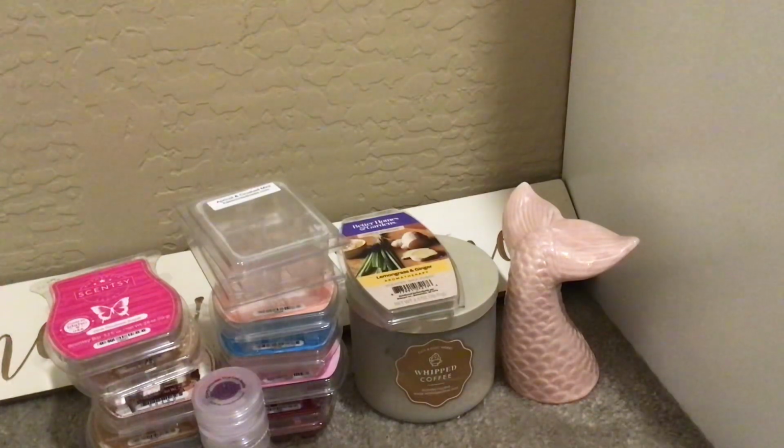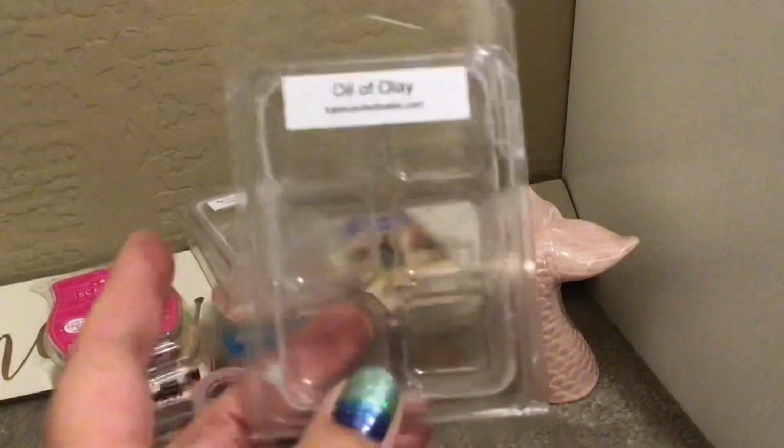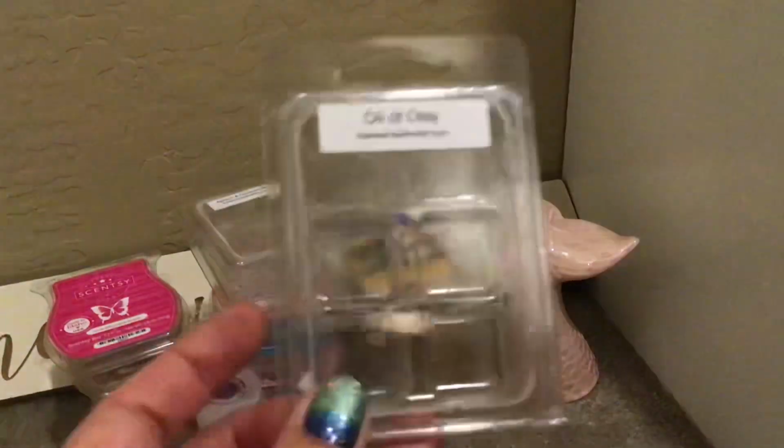Oil of Olay from Kay. Now, this is the old school Oil of Olay. The Oil of Olay that you can buy now, like is it Regenerist or whatever, all the different ones that they have now have a completely different scent. This is, like, my mom used to use this Oil of Olay. It came in like the glass,